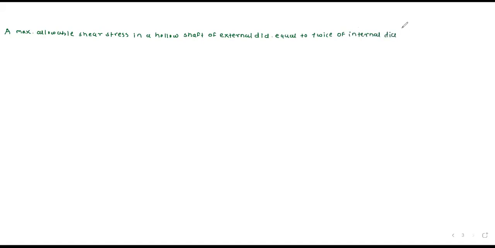The maximum allowable shear stress in a hollow shaft of external diameter equal to twice the internal diameter is 80 Newton per mm square. Determine